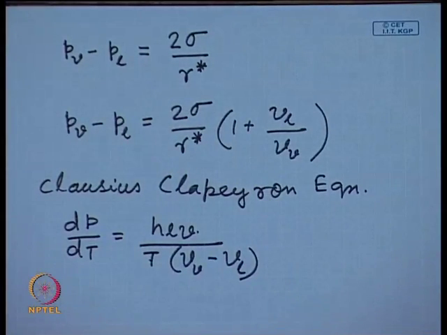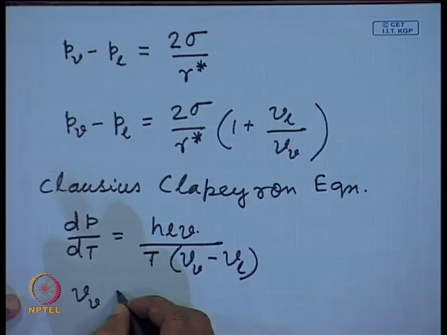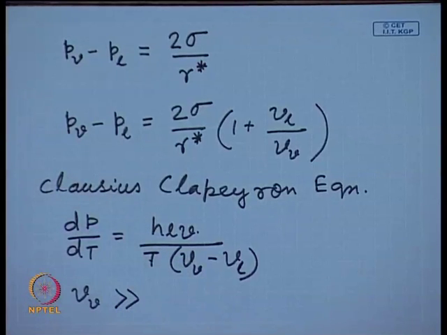So, this is our Clausius-Clapeyron equation. In some form we can write it. HLV is the latent heat of vaporization. Now, here one can make certain assumptions. One assumption is that the specific volume of vapor is much higher compared to the specific volume of liquid, and also we can assume that the vapor approximately behaves like an ideal gas. So, if we make these two assumptions, then